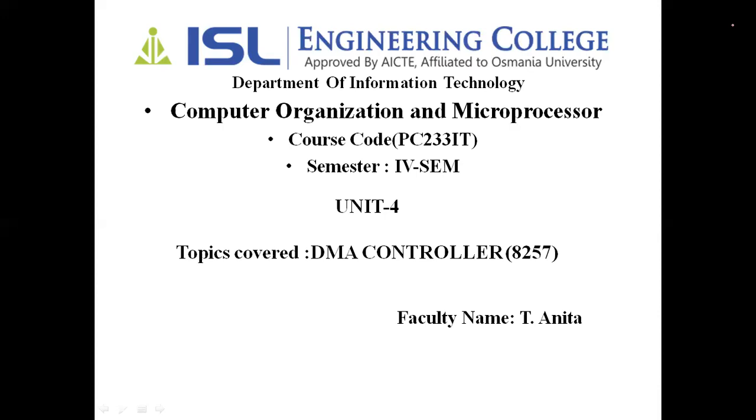In this fourth unit and fifth unit, as I have said, we are going to see many of the processors. In the previous class, we saw the 8259, the PIC, Programmable Interrupt Controller. And today we are going to see the DMA controller, which we call the 8257. Fine. So let me start with the DMA controller.